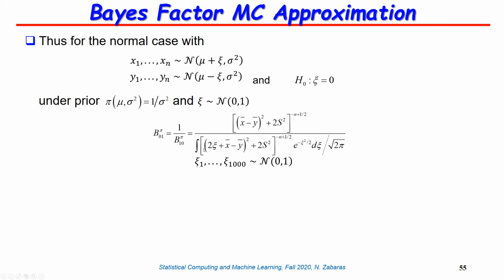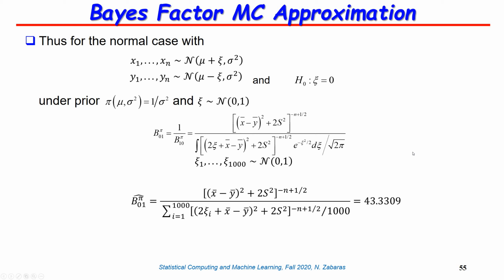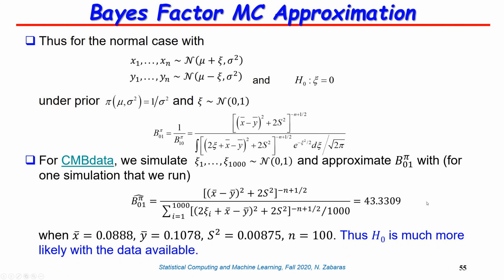In the other there was a xc that you can actually appreciate here, comes from a Gaussian distribution. This looks like, and it is, an expectation under the standard Gaussian. So you can imagine what the algorithm will be, right? You take samples from the standard Gaussian, you do a Monte Carlo approximation of this long integral, and that is the approximation of the Bayes factor that you see here. If you take one set of samples, the value is 43.33, and actually you can repeat this by taking multiple times 100 samples